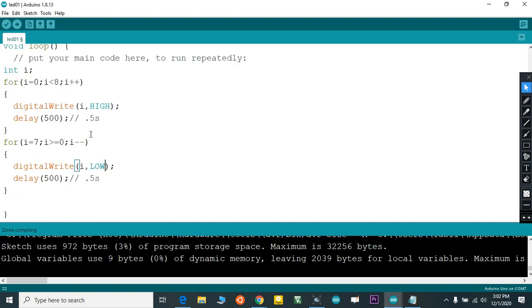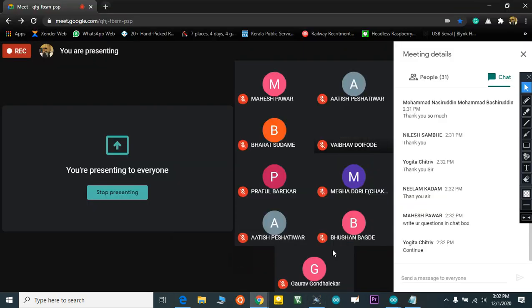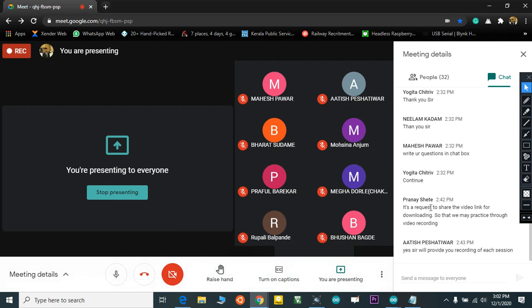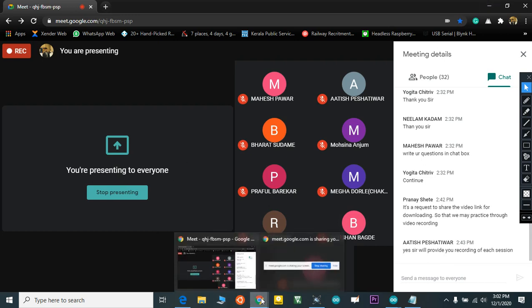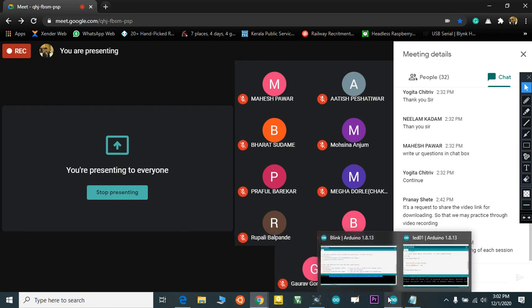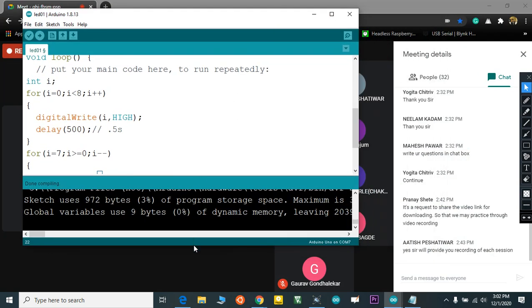What is the output for this code? Okay, I will share the video link after this session. So can anyone explain this code? What will be the output?